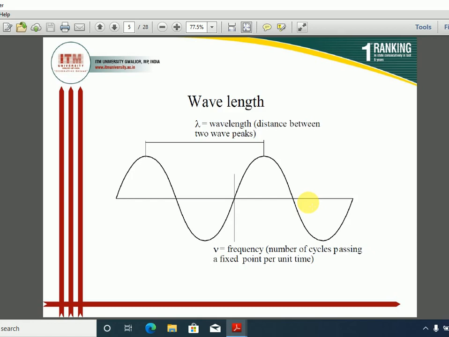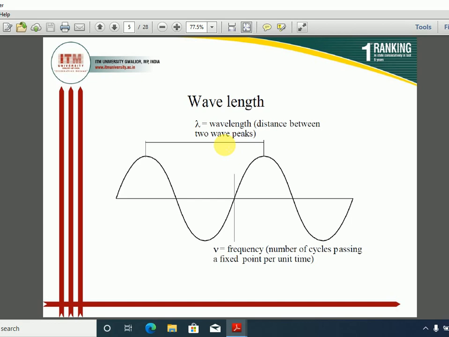What are waves? Waves are a form of energy. It is a particular form of energy. And what is the wavelength? It is a specific distance between two peaks of a particular wave. The higher region is considered to be the crest, and the depression is also called the trough. So the distance between two specific crests is considered to be the wavelength, and the repetition of a particular wave at a particular point is considered to be frequency. It means the number of times it is replicated in a particular distance is considered to be frequency.